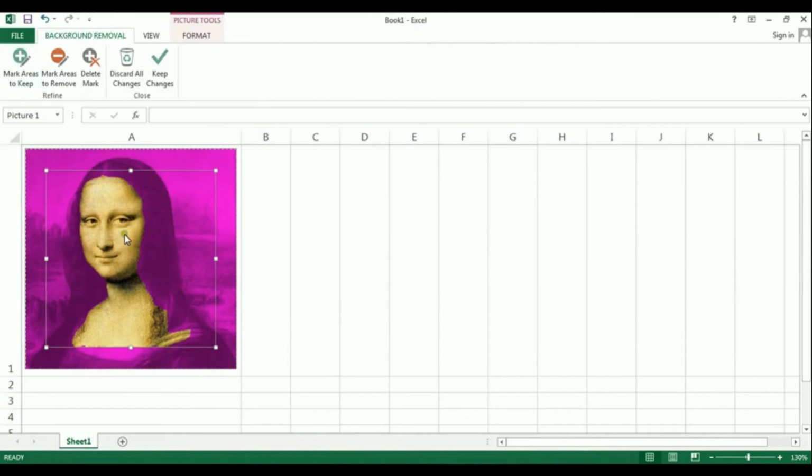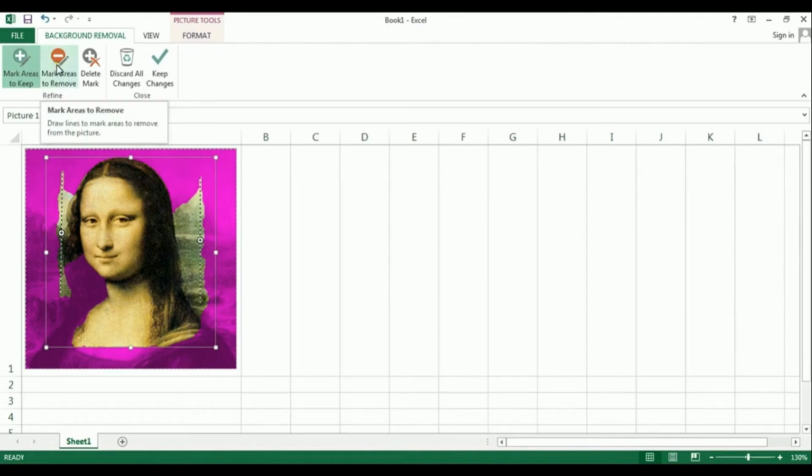Remove Background will keep certain areas of the image and remove the background areas that we choose. We can choose those areas by choosing Mark Areas to Keep or Mark Areas to Remove. Using either one will give us a pencil that allows us to draw the areas we wish to keep. Going to Mark Areas to Remove gives us the same pencil,